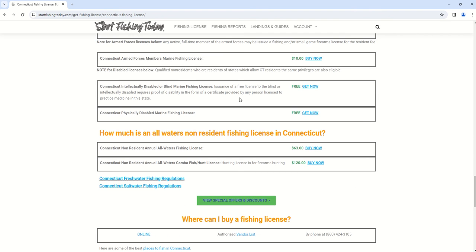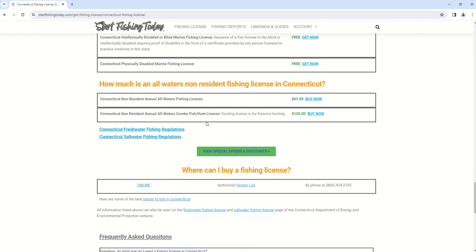Excellent. Now that takes care of all the sections for what licenses are available for resident and non-resident in freshwater / inland waters and marine / saltwater waters. Next section is the Connecticut fishing regulations. So the fishing regulations are separated just like Connecticut does by both freshwater and saltwater. But instead of adding those or putting those onto our website, because it's a ton of information,